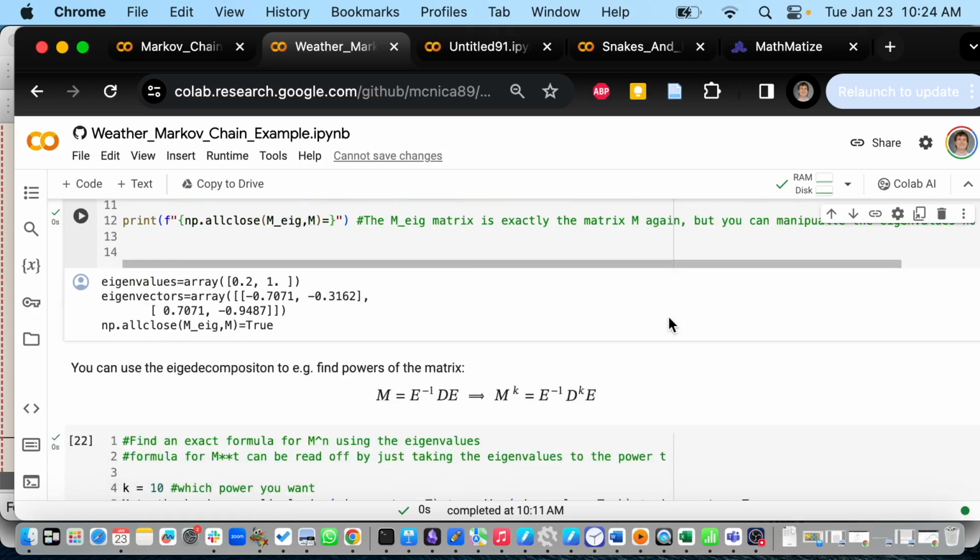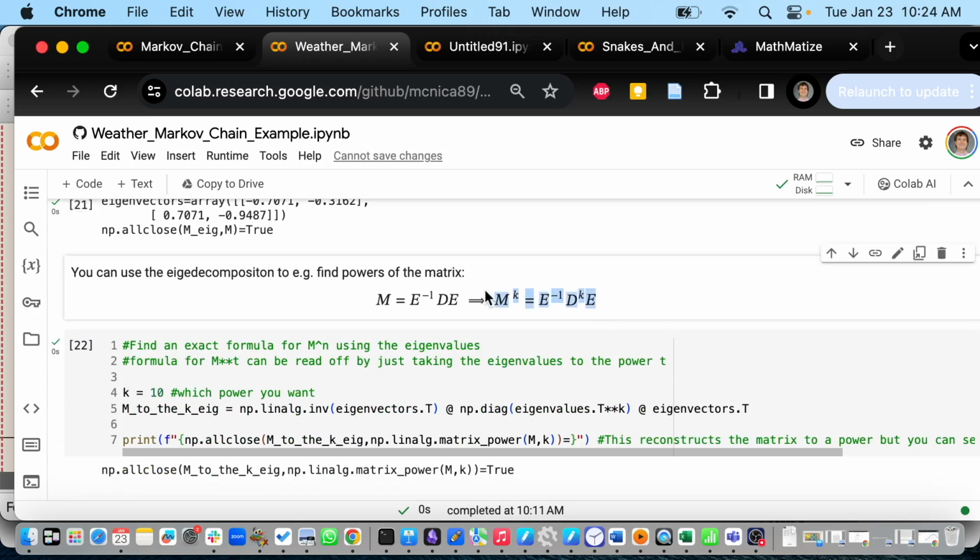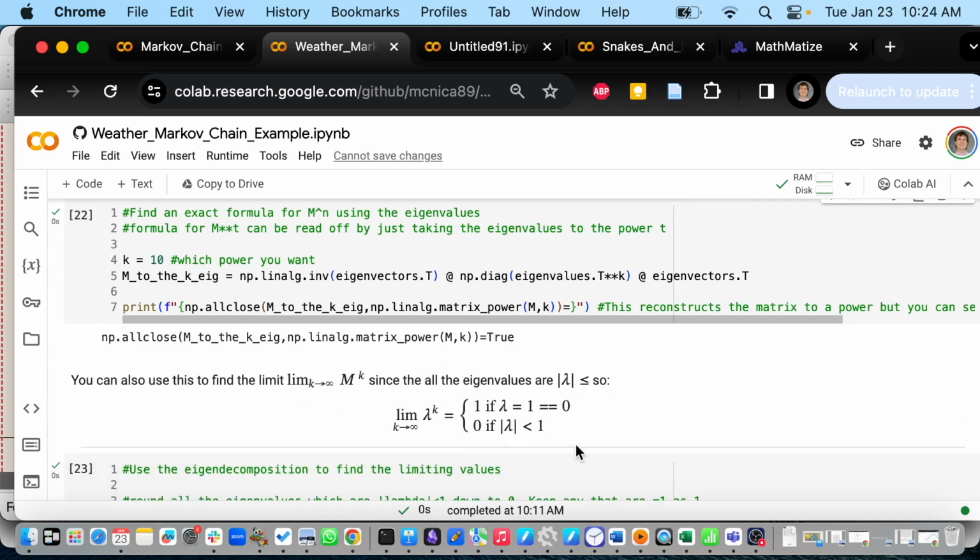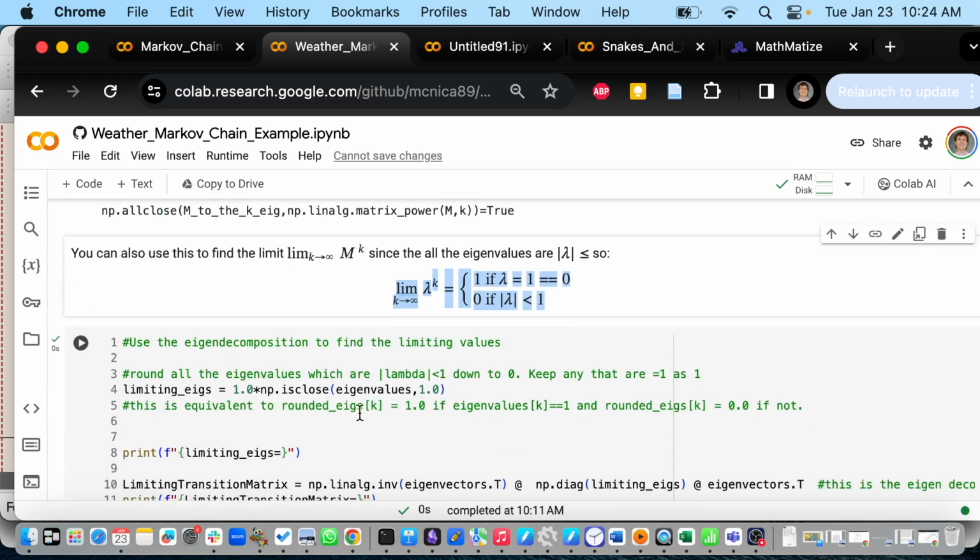Okay. And you can also do the limit, by taking powers of the diagonal matrix. When you do powers of the eigenvalues, they are either 1 or 0. Because the eigenvalues are all at most 1 in absolute value, when you take them to really big powers, they shrink down to 0 or they stay where they are. That's exactly what we saw with pen and paper math last time. We said that one of the eigenvalues was 0.2. That one just goes away. And the eigenvalue that is equal to 1 sticks around forever and is always there.